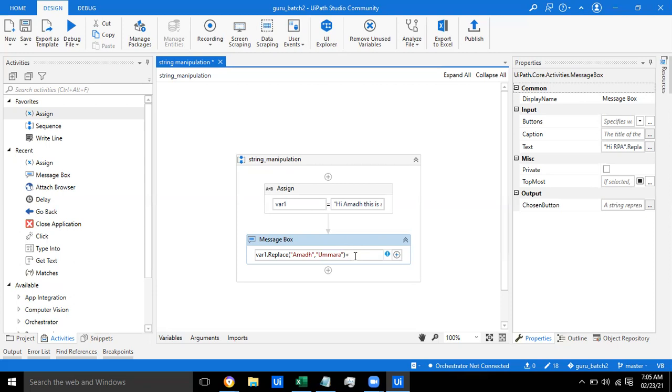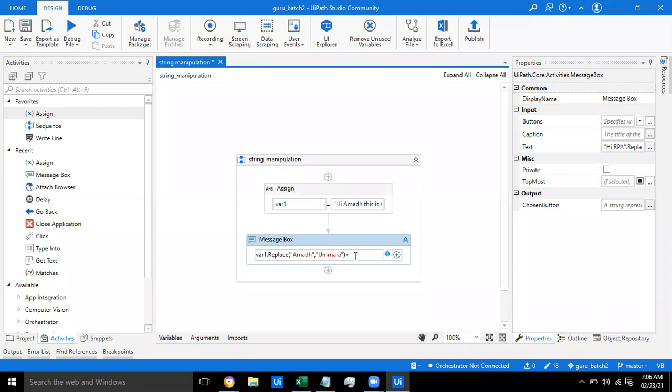Multiple replacement in UiPath. How to do multiple replacement in UiPath?